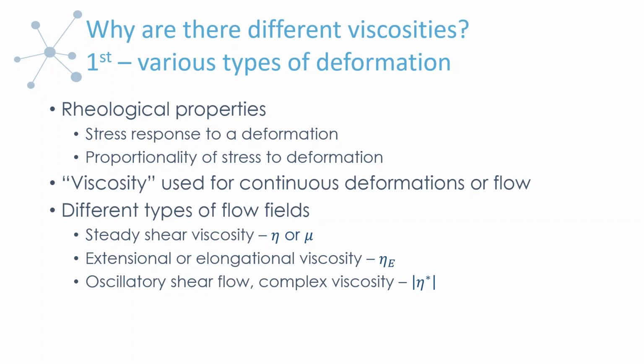It's quite a great experiment and gives a lot of information, but I'm really not going to get too bogged down in all the details. It could take too long. So I just wanted to emphasize that we could discuss the complex viscosity and more specifically its relation to the steady shear. So this is one reason why we have different viscosities: we have the ability to apply a different deformation, and we will have a different response of the material to that deformation. So we have to categorize those properties.